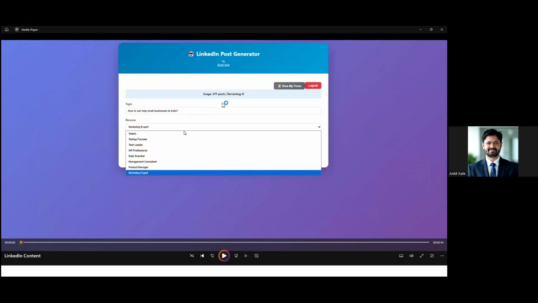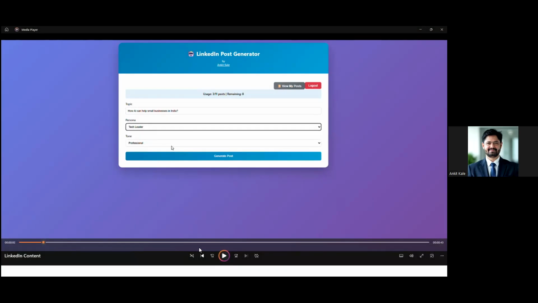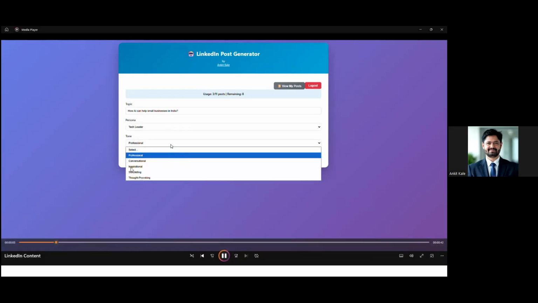So what is happening over here is, while posting on LinkedIn, we often think about what to post. So it helps us to give a topic, and not just a topic, it helps us to define the persona. Let us say it allows different personas, for example, if I'm selecting a tech leader, and it also helps us to define the tone, the different tones that have been given.